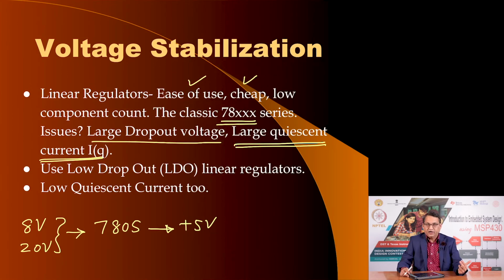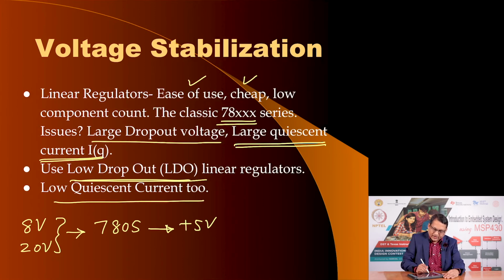which means 3 volt into 10 milliampere, roughly 30 milliwatts of power is being wasted just to keep the regulator working. And in the current technology environment, 30 milliwatts is a huge amount of power which you do not want to waste merely as heat. What are the alternatives? Well, instead of using traditional 7/8 series types of voltage regulators, they have developed low dropout voltage regulators. They are called LDO regulators, and they also offer low quiescent current.